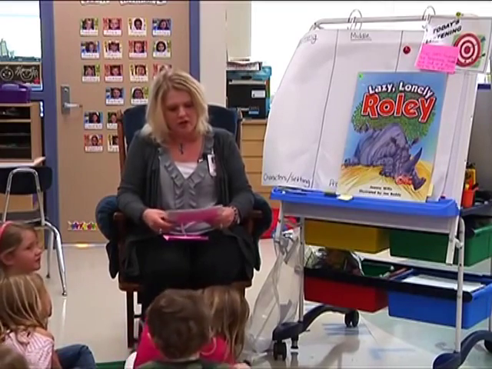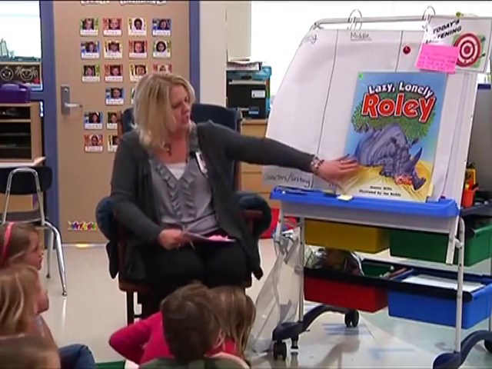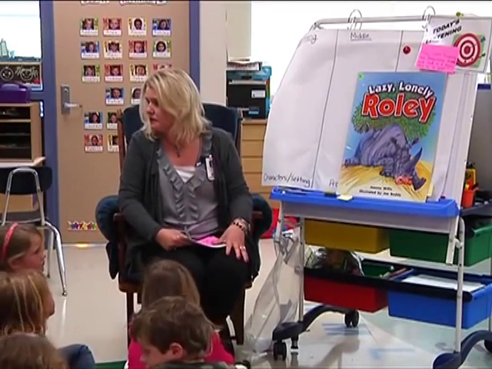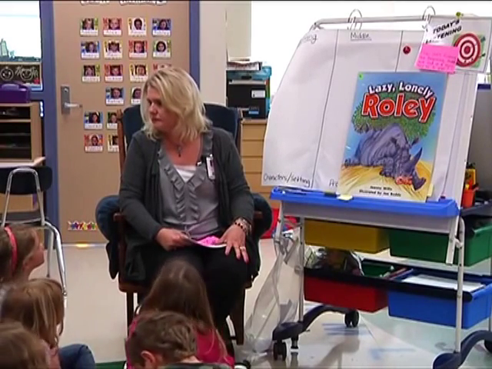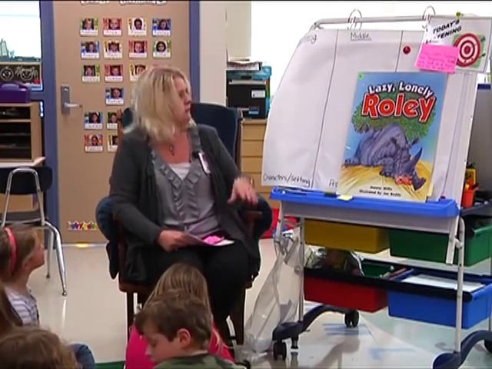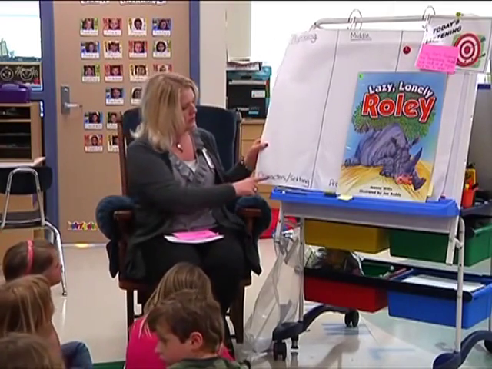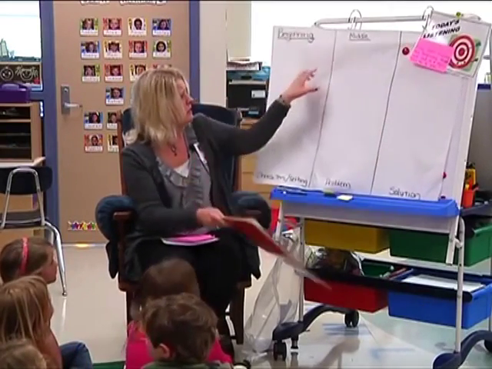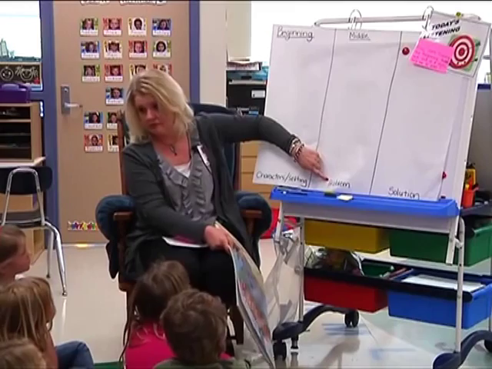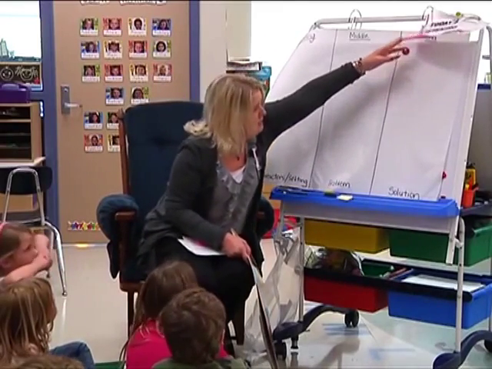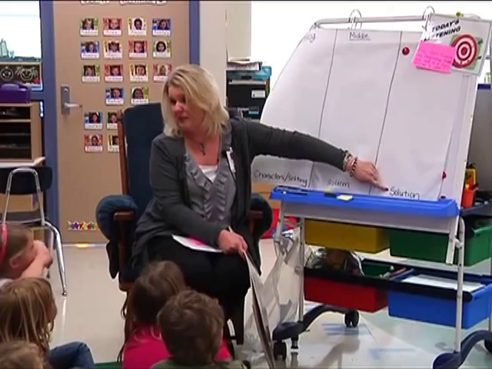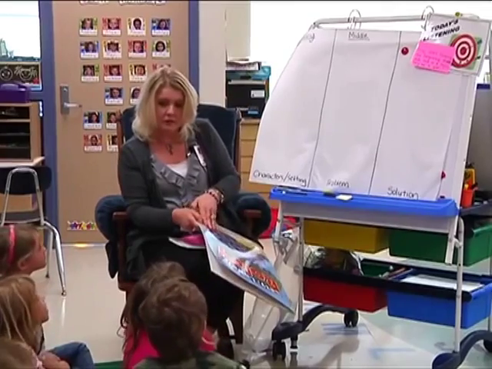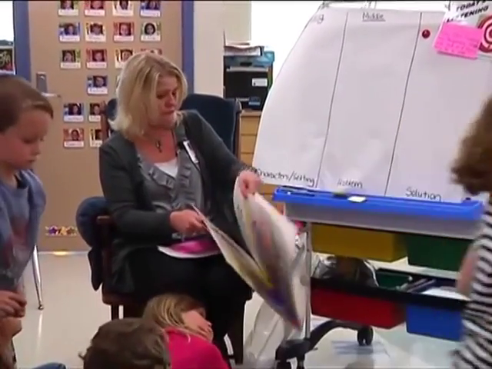Okay, so what I have to do first of all is read a little bit of the story to try to figure out where the beginning of the story is. I know the beginning is very important because it has to do with my characters and my setting. The middle of my story is where the problem is going to happen. And the end of my story is where the solution is, where the problem gets fixed. That's the solution. So I'm going to try to figure out where this happens, and I'm going to mark it with my Post-it note. So here we go.